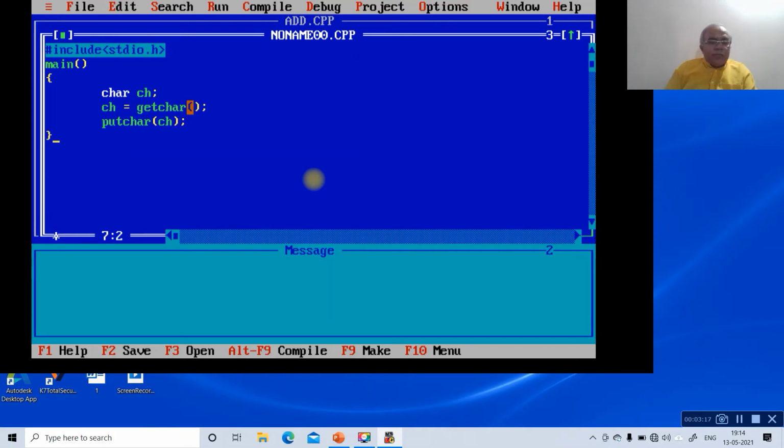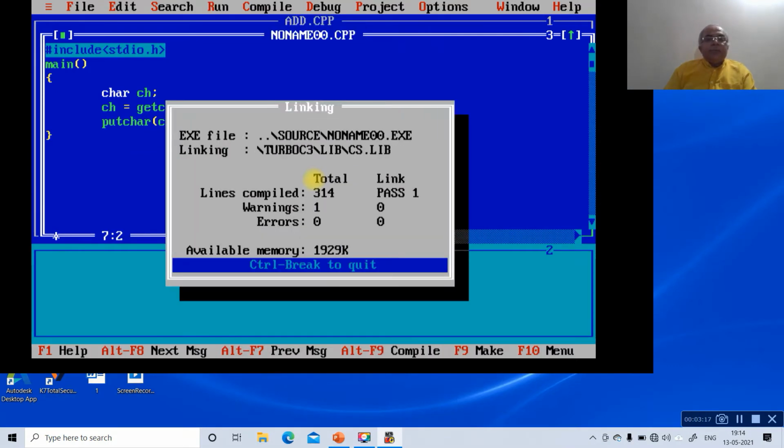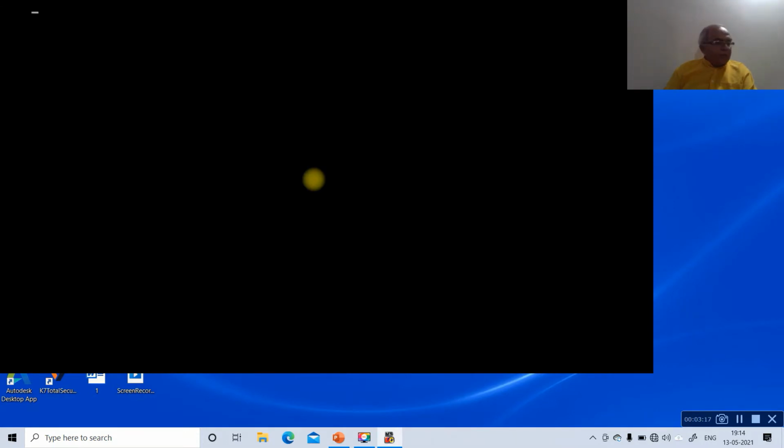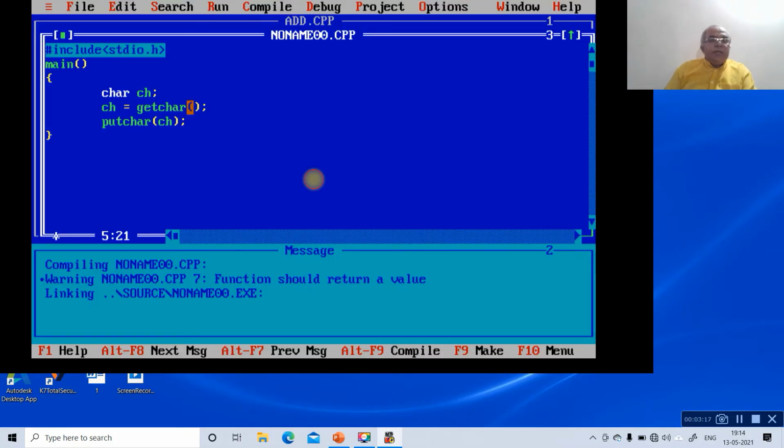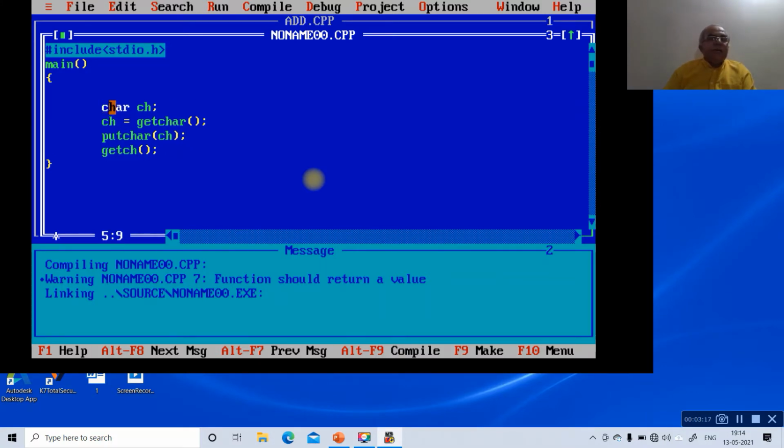So to do that, we will go for run program. Press the input as h, then the output will be, the function should return the value. So for that we will use getch. Then here we will use clrscr, the clear screen, in the beginning.